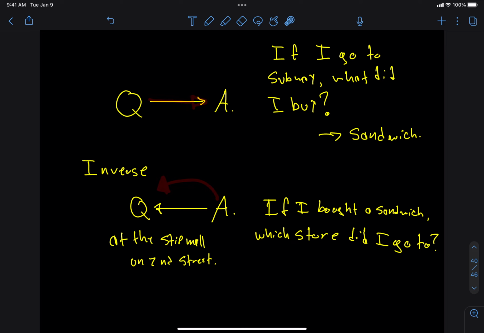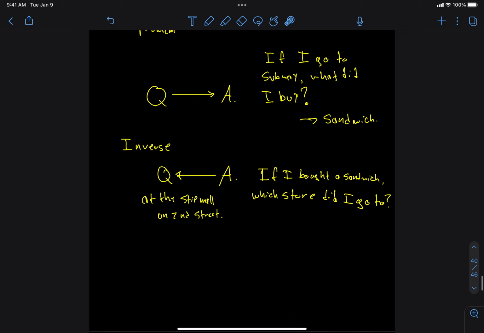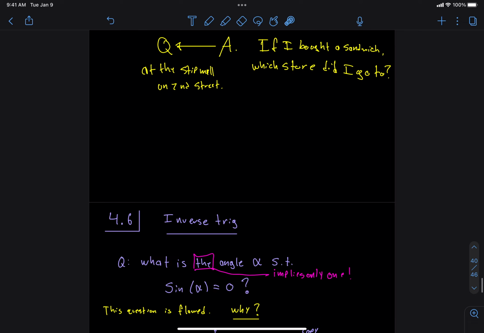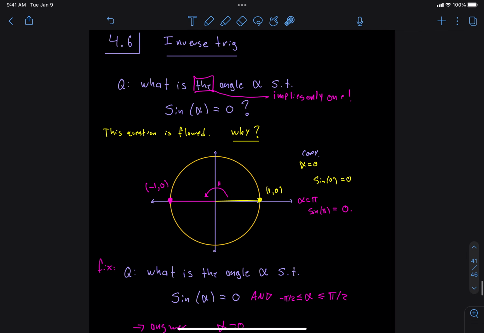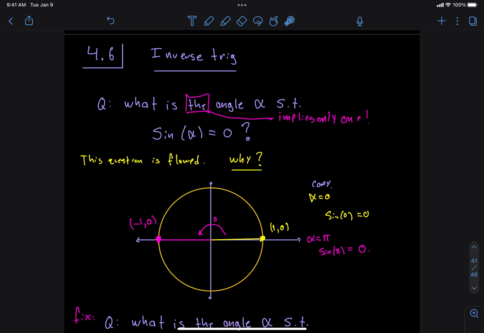Anyways, bad analogy, but for math, it's useful to know how to go in the forwards direction. That will inform you of how to go in the backwards direction. So that's why I think this is so hard for many students when they get to inverse trig if they don't have a good enough understanding of regular trigonometry. They find inverse trig to be,